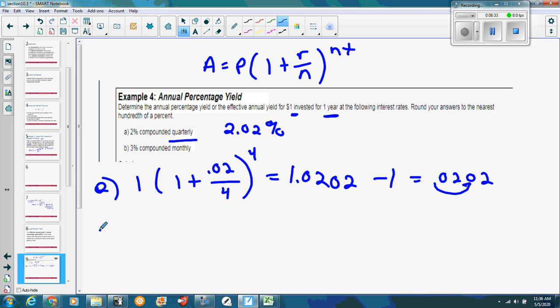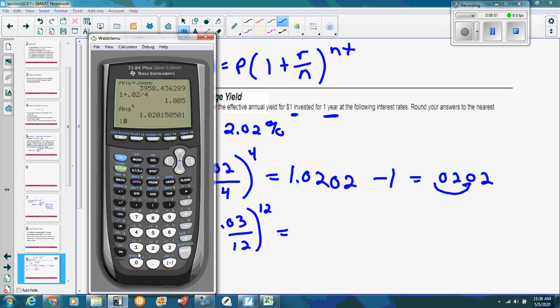Okay, so let's do the second one. So now it's going to be 3% compounded monthly. So it's still 1. This is 1 plus 0.03. Monthly is going to be 12. So up here is going to be 12. So my calculator,